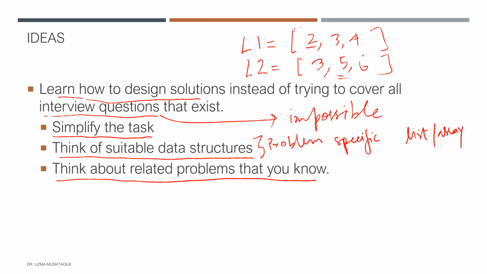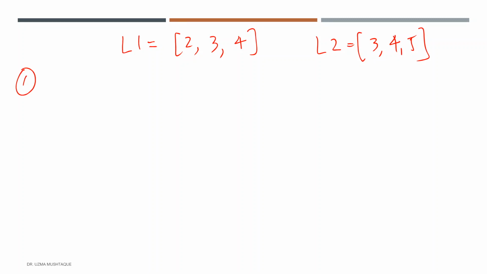Okay, so taking this approach forward, the first thing that comes to my mind is the brute force approach, which means I can start, let's say my list 1 is 2, 3, 4, and my list 2 is 3, 4, 5. With the brute force approach, which is my approach number 1, I'll begin with this element 2, take element 2 and then loop through all the values in list 2 and keep checking whether this exists or not. If it does, return a true. If it does not, then return a false. So this is the brute force approach. This is my first idea.